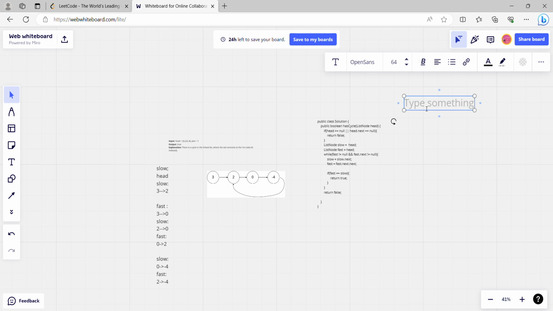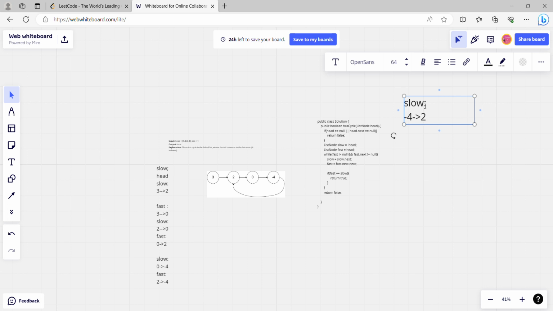Now both slow and fast point to -4. So again we enter this while loop, we check fast is not equal to null and the same condition, and that's true as well. So this time slow moves from -4 to 2,